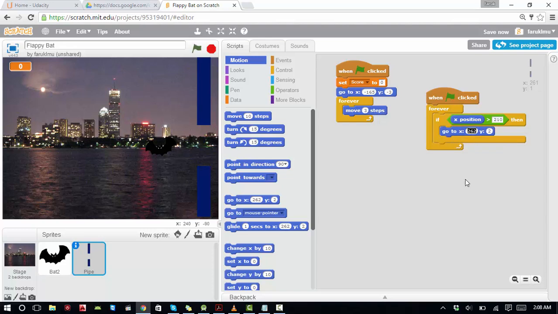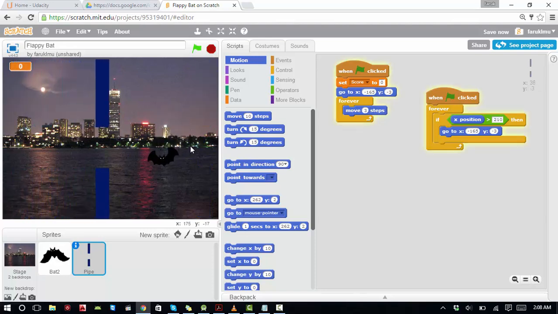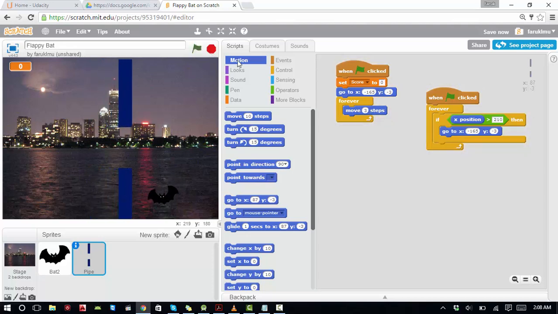Okay, so I have negative 165 and I have negative 3. Alright, so I will go back here. So let's see if it's working or not. So see, it's working. But I can see there is a problem. It goes back when it comes here. Right? Remember the pipe,